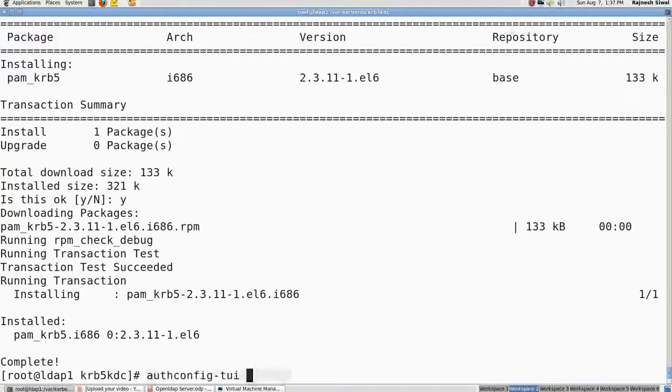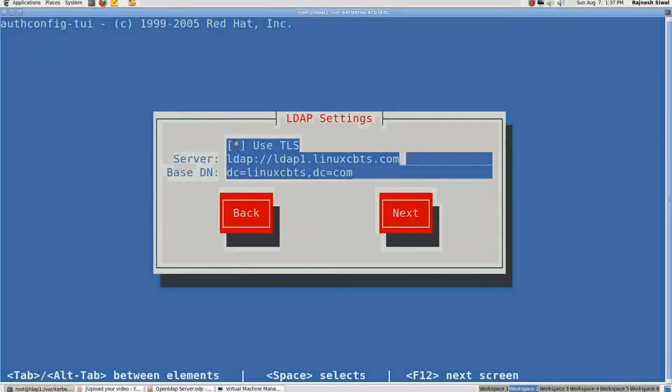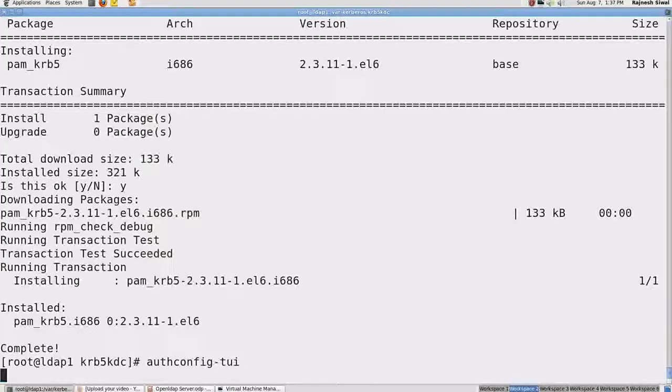So we have installed the package. Now let's come back to authconfig-tui, tell it to use Kerberos for fetching the passwords, click on next. For LDAP we are okay with TLS. For the Kerberos realm it's linuxcbts.com, and the KDC is ldap1.linuxcbts.com, okay.